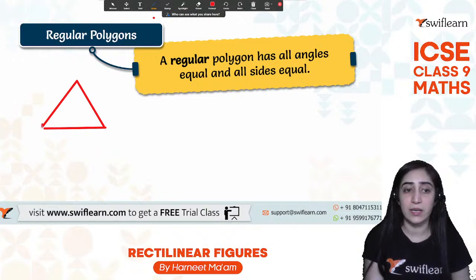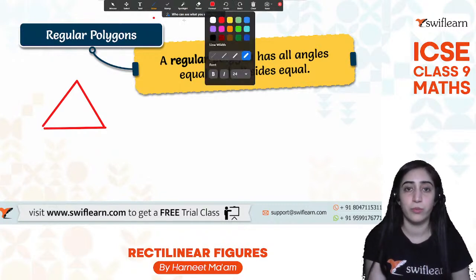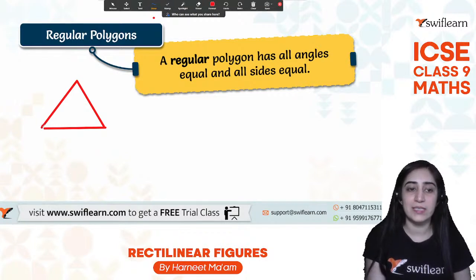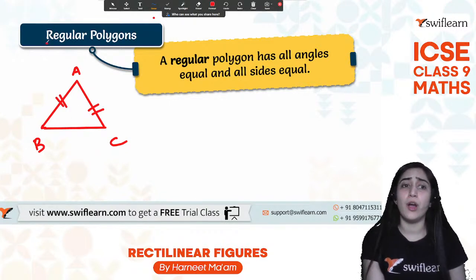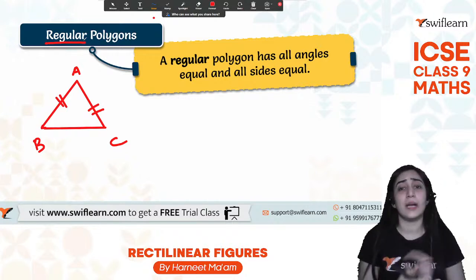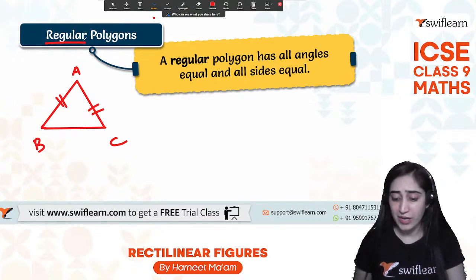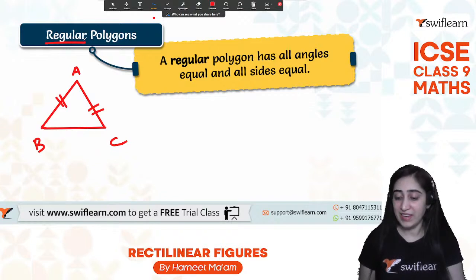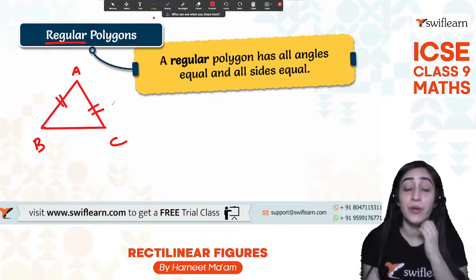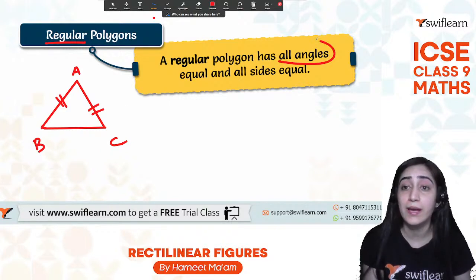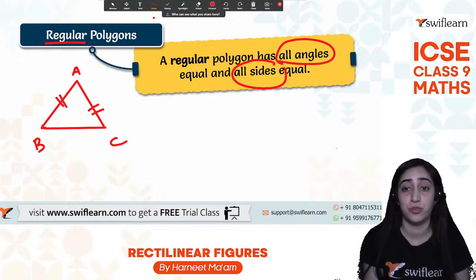So if it says in a question in such a way, it's a triangle ABC, AB is equal to AC. So will it come into the category of regular polygon or will it not? Everyone give me the answers right away. Yes, good. It's an irregular polygon because we said that all the angles and all the sides should be